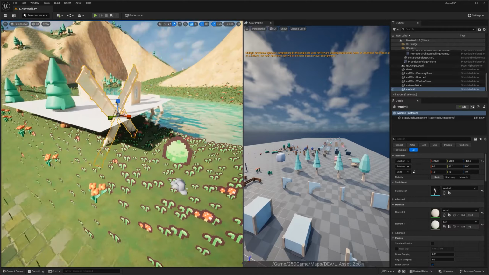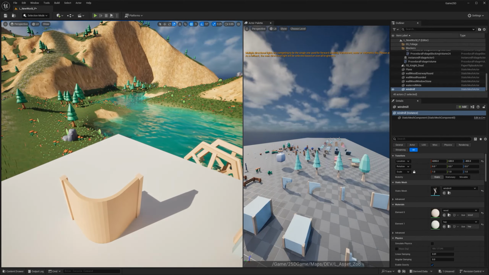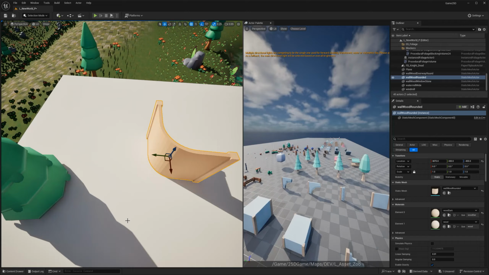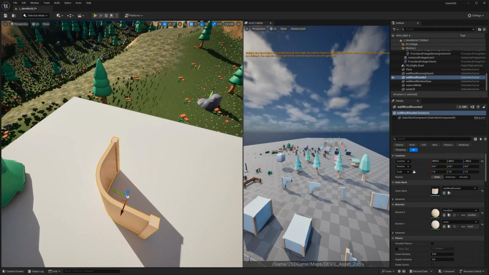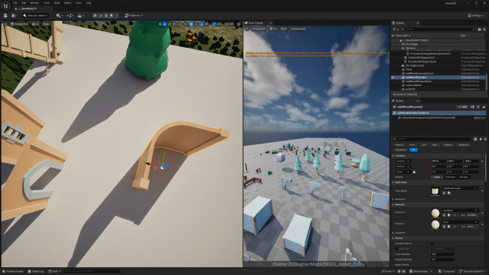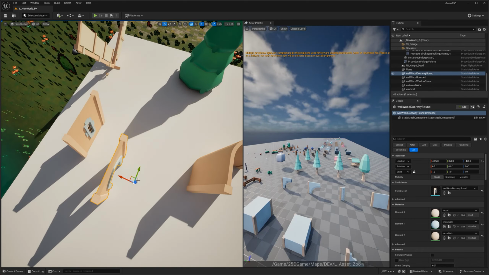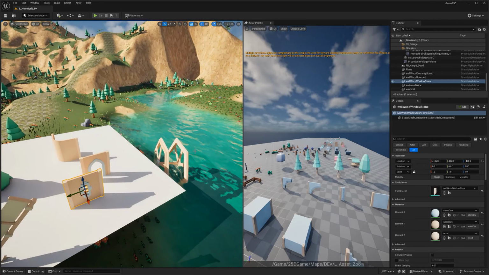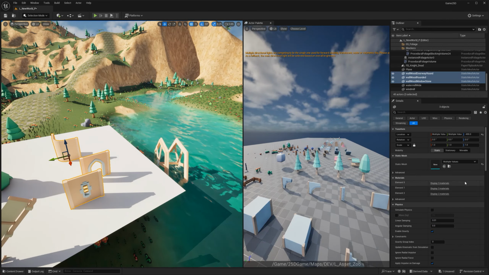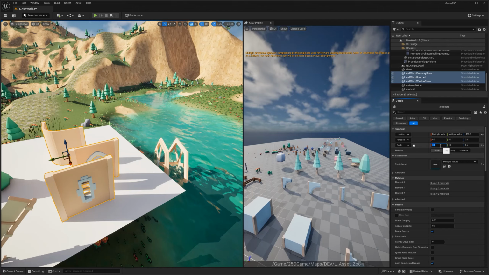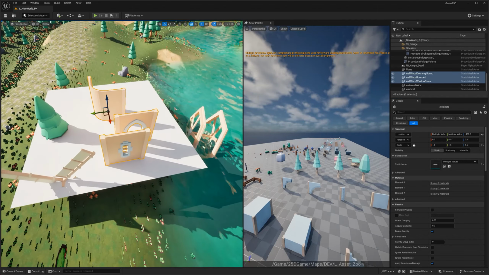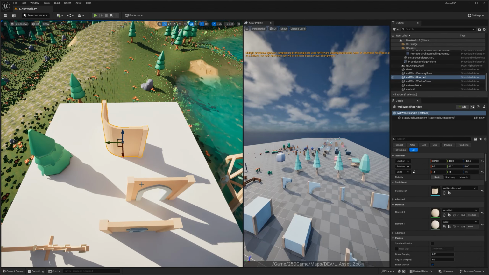So what I can do now, all these assets are modular, right? So if you select them, you see they can match each other by the pivot. So I can just make sure that the pivot positions is there. It's gonna make a lot of sense when I show you this. But before even that, I wanna increase the size to 1.5 because I know that's gonna be too small. So I'm gonna build this windmill here.